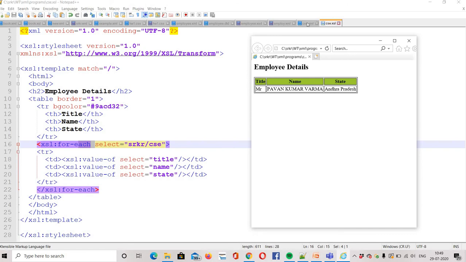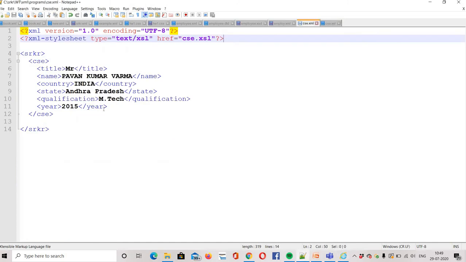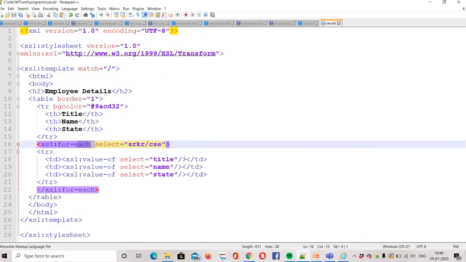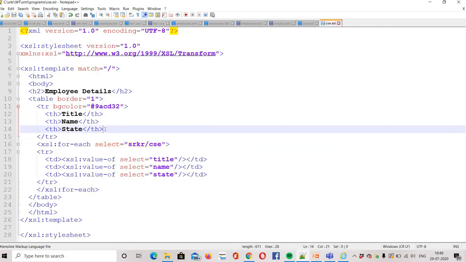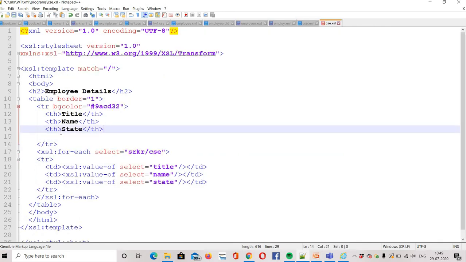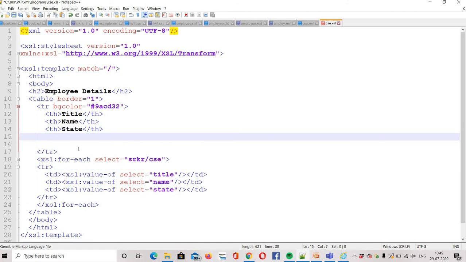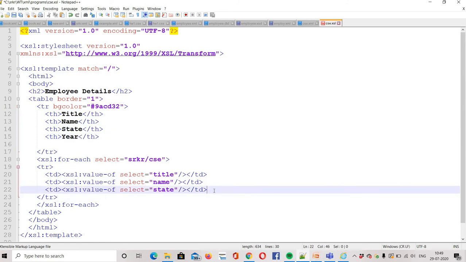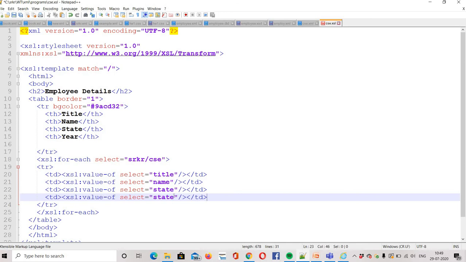If you want to add the year in our XML file, just take another table header, Control C. I am going to take year and the same value-of, taking the value from year.